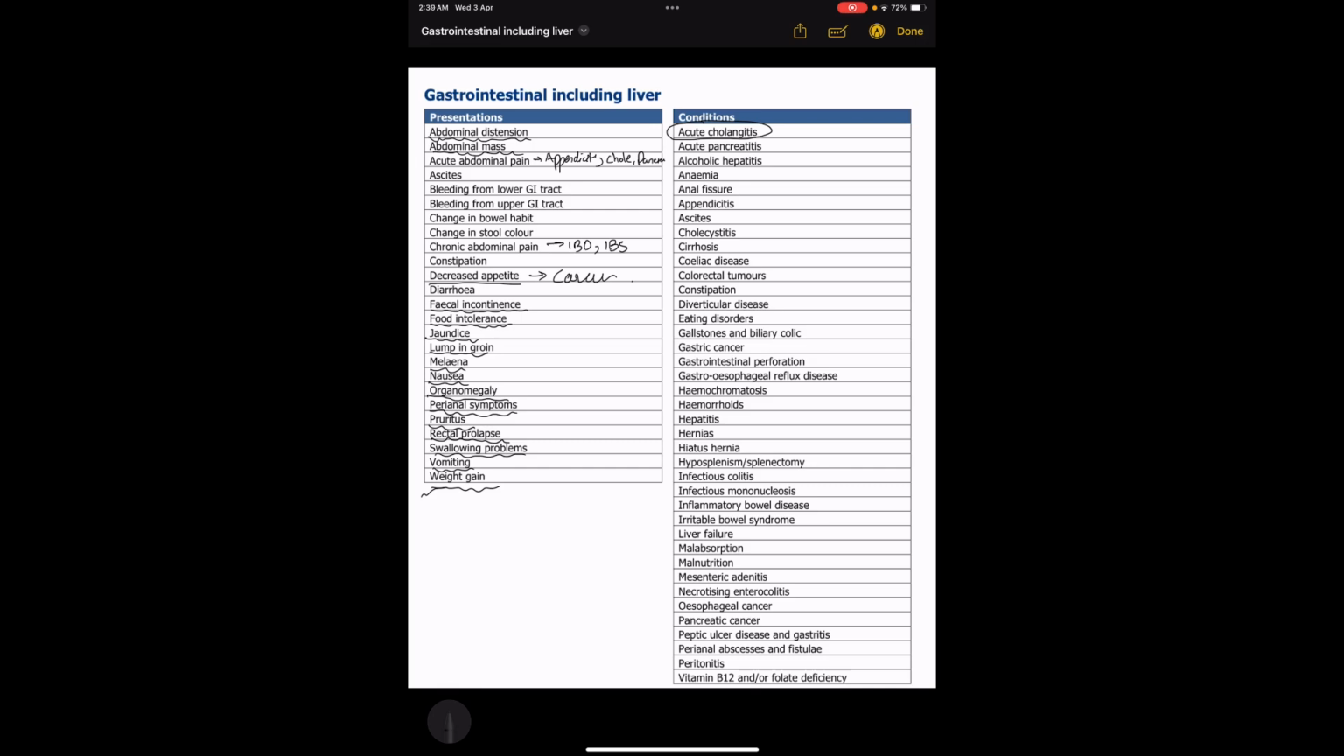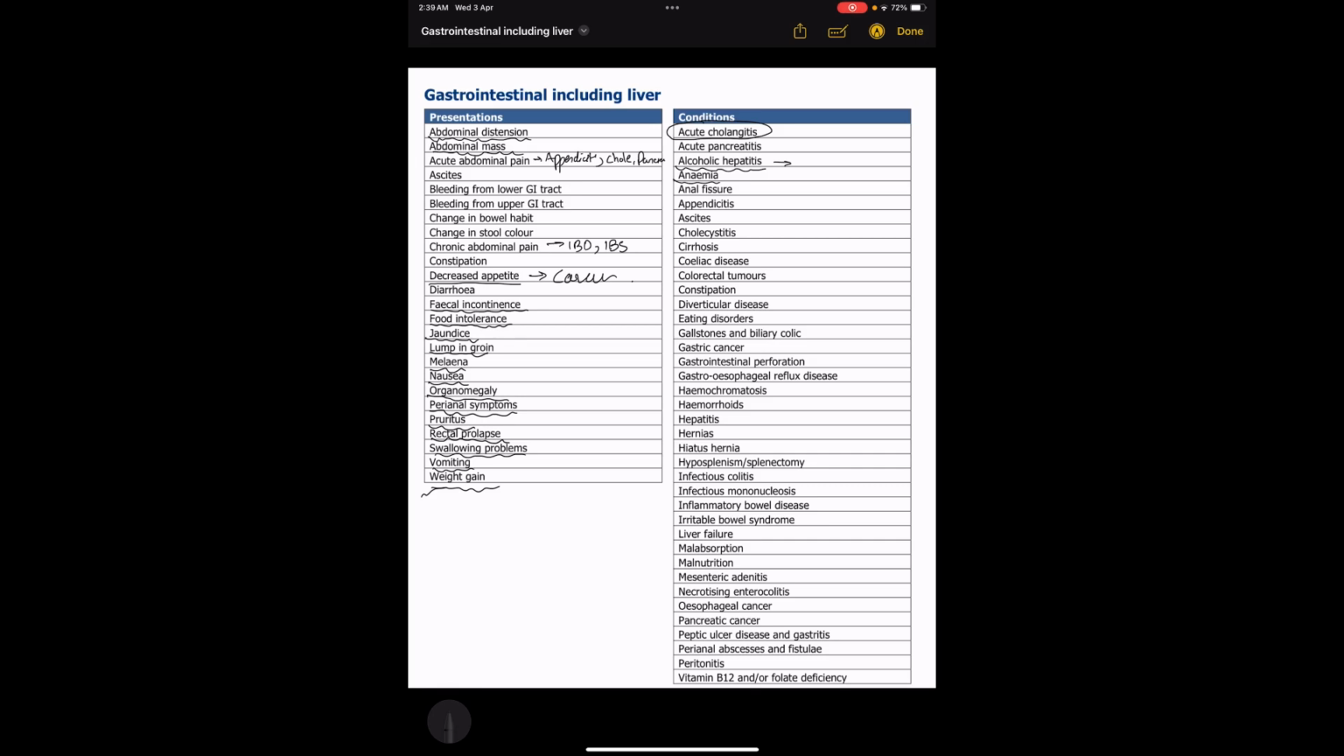Acute pancreatitis, this is usually pain involving the upper abdomen, radiating to the back. And then we go towards alcoholic hepatitis. The patient is a chronic alcohol user and his liver functions are deranged. GGT is raised. Anemia, it can be due to pernicious anemia, previous history of gastrectomy, or iron deficiency anemia,